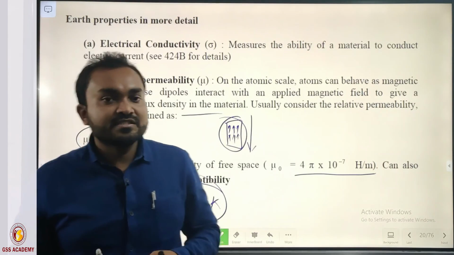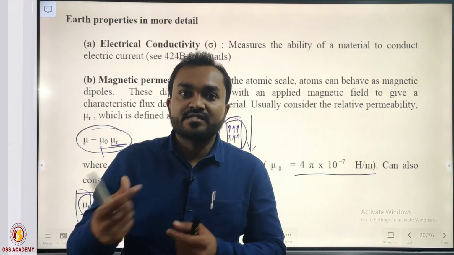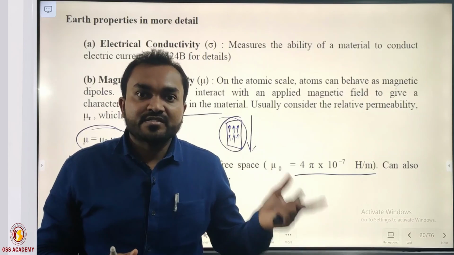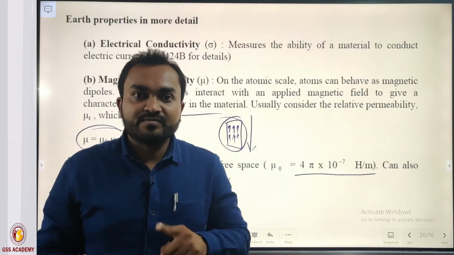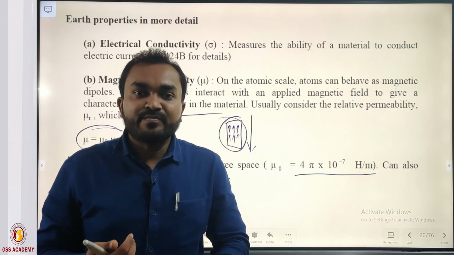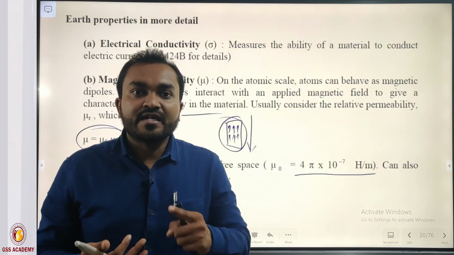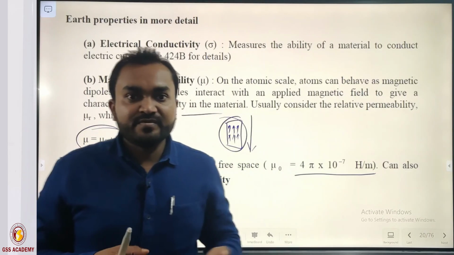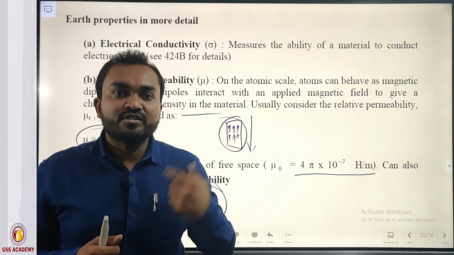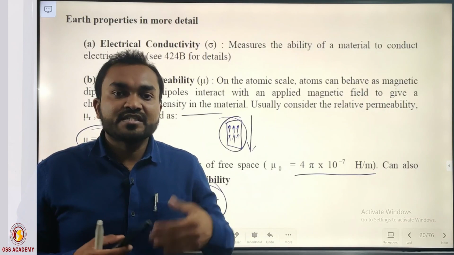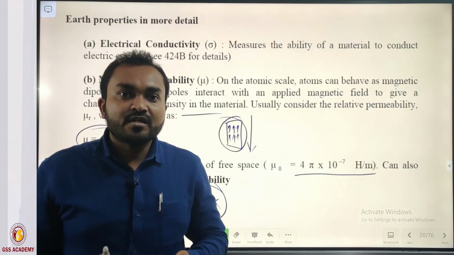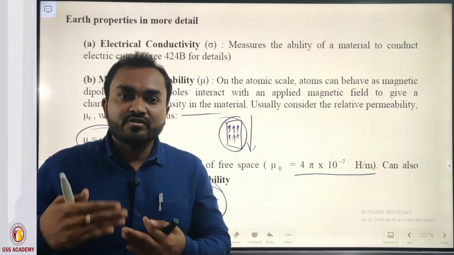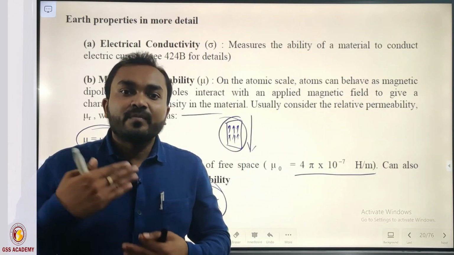Then we have also seen some parameters that describe the electromagnetic wave, and some parameters that describe the Earth's properties: electrical conductivity, magnetic permeability, and electrical dielectric permittivity. These things we have seen, and what dielectric permittivity is, we have described. What is diamagnetism, what is ferromagnetism, what is electrical conductivity, that we have discussed. So these things are important to understand Maxwell's equations.